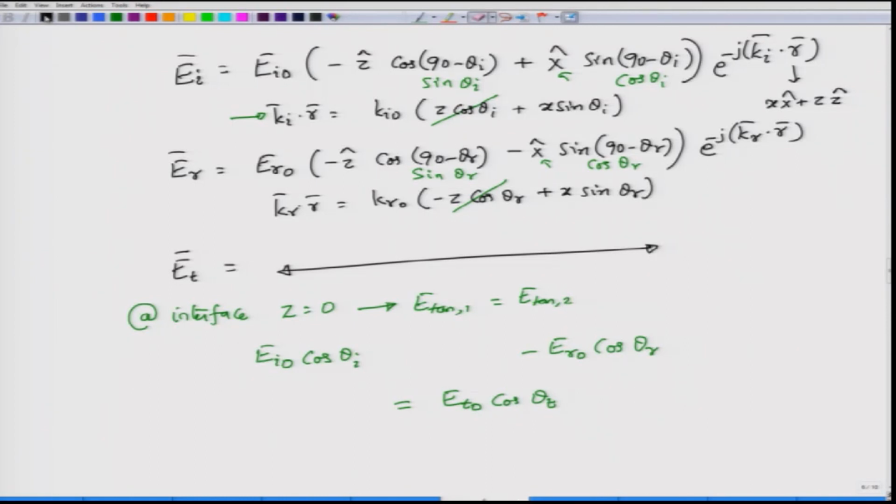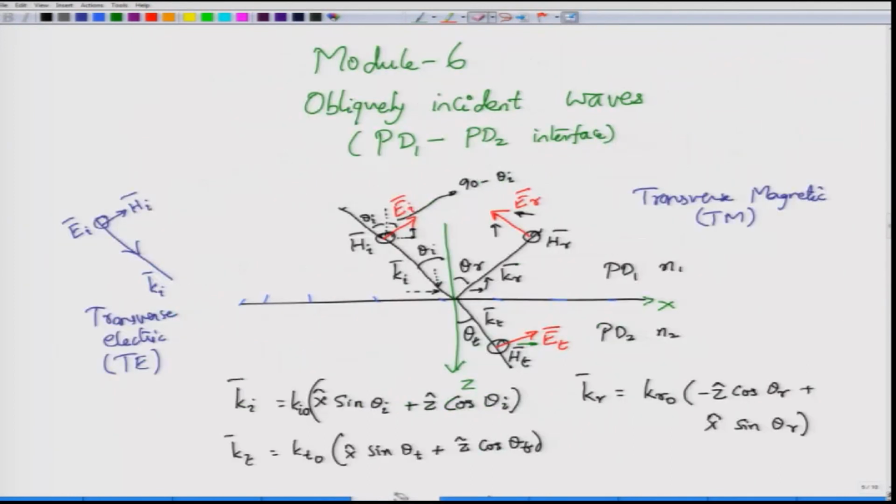Now, what about the magnetic field? Well, we go back to our situation here. We have a perfect dielectric, and we have another perfect dielectric. There is no chance that we actually have a surface current distributed. I have not placed any current, and there are no currents or free charges available which can constitute current. Therefore, the relevant boundary condition for the tangential component of the magnetic field is that the total tangential component in medium 1 be equal to the total tangential component in medium 2.